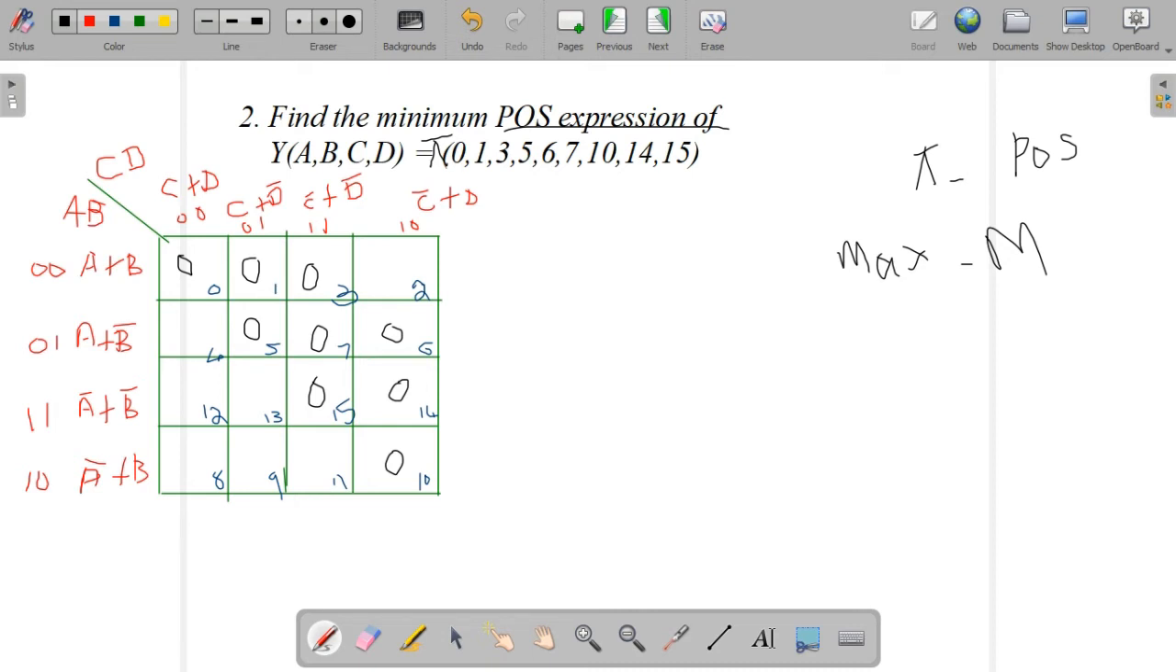Next, what is the next step? We need to mark quads, octets, forms like that, isn't it? So first we have to find, is there any octet here? Any octet, 8 adjacent zeros, are there? No, it's not possible. So we can take it as another concept. Which one is that? We can mark it as